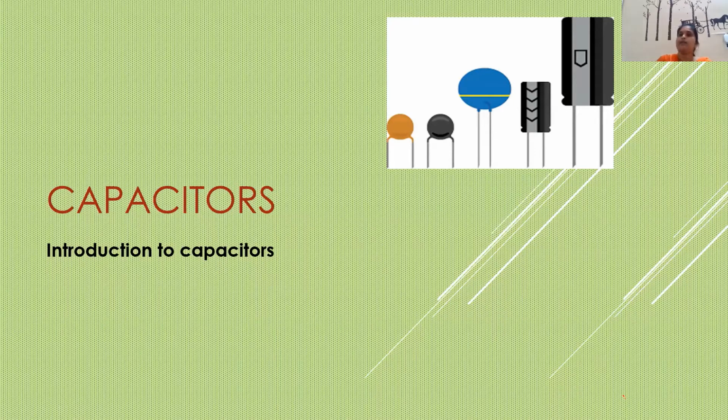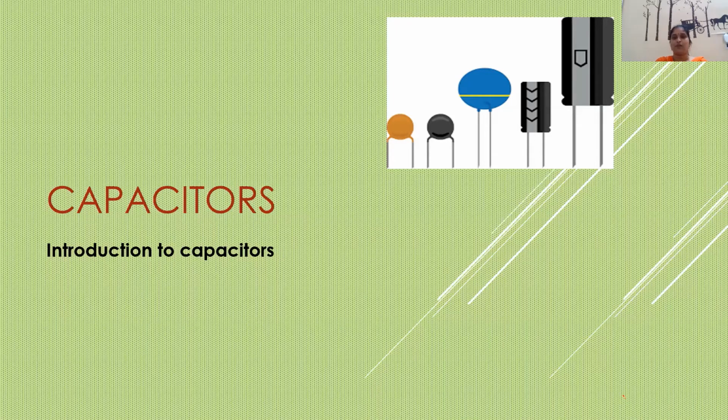Before we start with capacitors, let us analyze the topics we are going to study in different parts. In the first part, this is the capacitors. Here we introduce ourselves to what capacitors are, their basic construction, the principle involved, and the different properties they have. Then we'll derive the concepts related to its principle and the various graphical concepts relevant to it. So now let us enter into the topic.